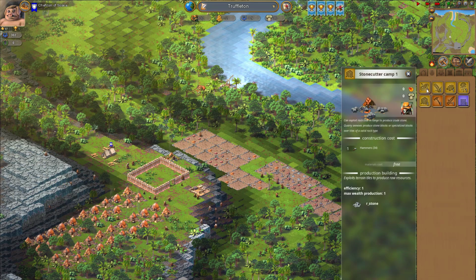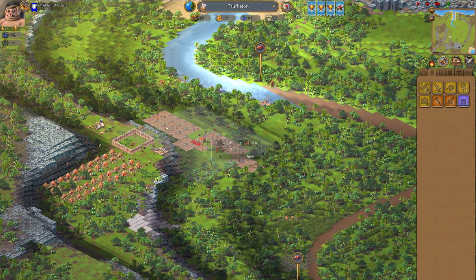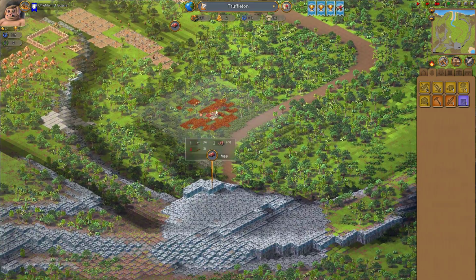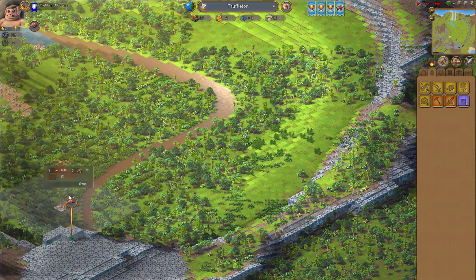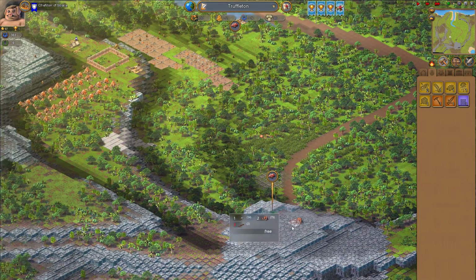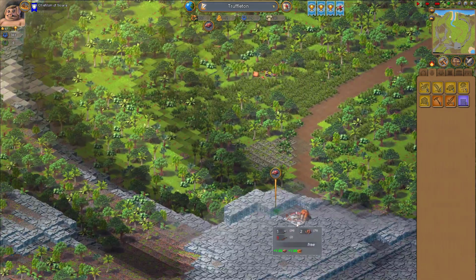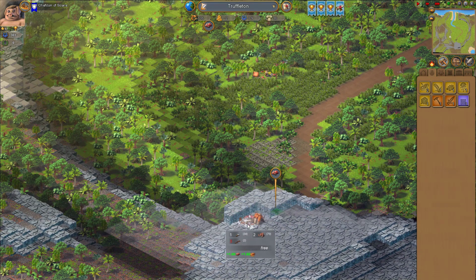So, stone cutters we could use, but we don't really need to right now. Let's actually see if there's another hunting spot. There's that one. Yeah, there's another one over here. I knew there was buffalo around somewhere, but it's weird that the buffalo have been walking around here, but this is the hunting spot for them. That's fine, I guess. It's going to have to be right up here then. We'll put this hunting lodge right...